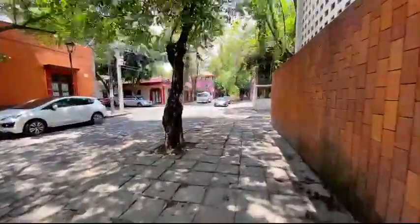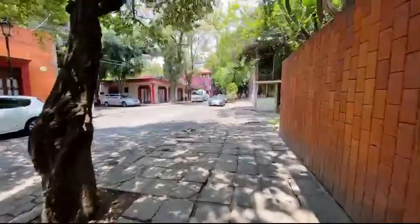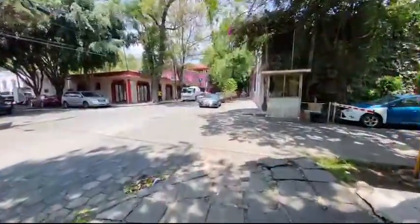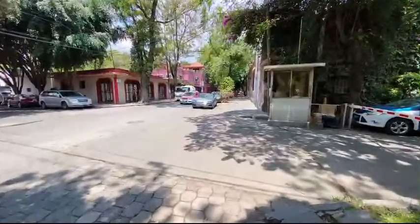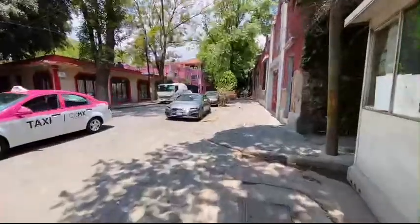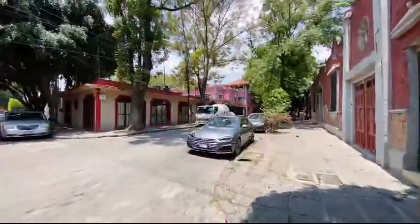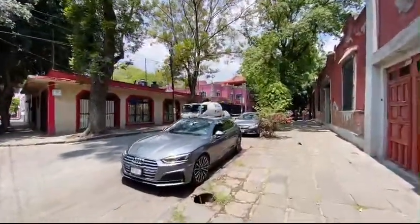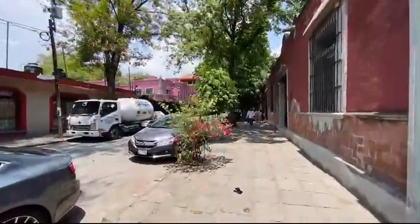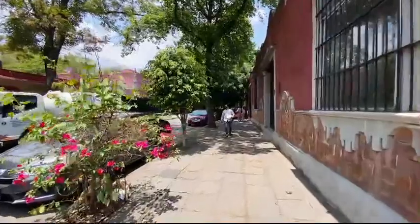This reminds me a lot of the architecture in El Viejo San Juan in Puerto Rico. Oh, I have never been there. Have you been to any of the other Latin American countries? No. But I have had a lot of people from Argentina, Peru, Colombia. Mostly the people from Peru and Argentina told me that a lot of the architecture